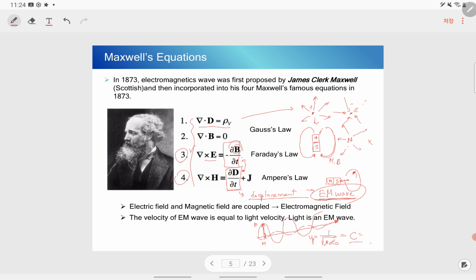So this is what he found, and then he predicted the electromagnetic wave in mathematics. At that time, people didn't accept this kind of prediction, because that means in the air, no medium. The air is a medium, but at that time people thought it was nothing, yet some information propagates. So that kind of concept was not accepted